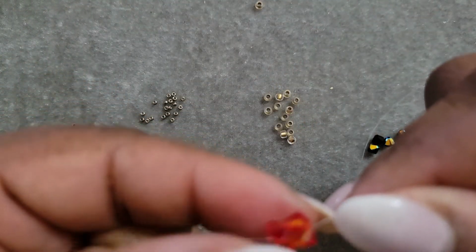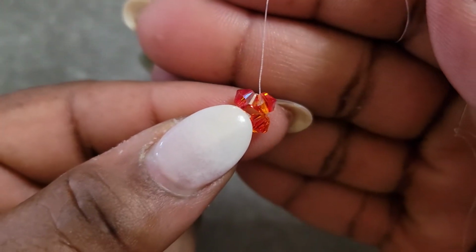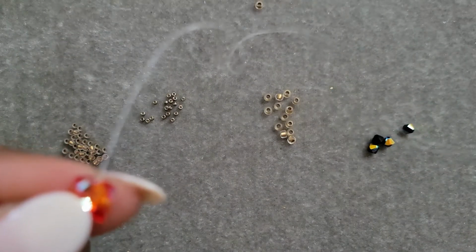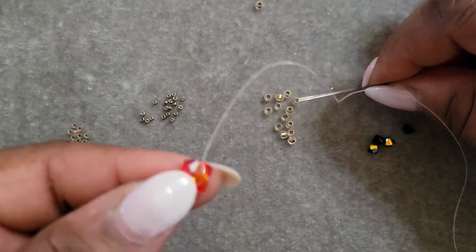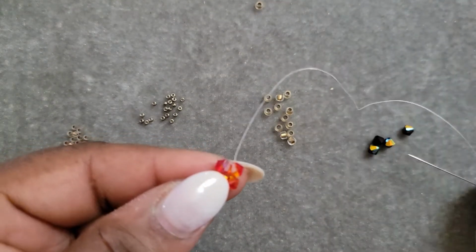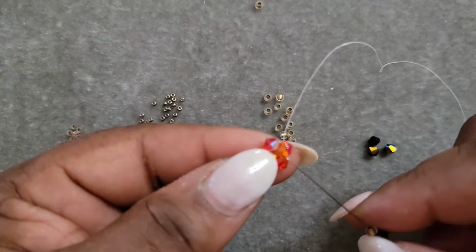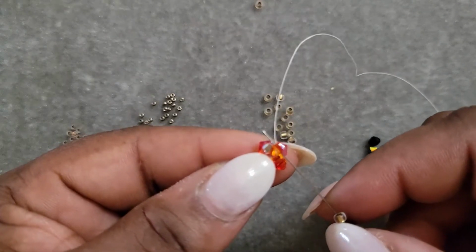All right. From here, now my thread is exiting this bicone here. I'm going to string on, after I untangle my thread. You know it wouldn't be a video unless I tangle my thread. Okay, so you're going to string on one 8/0 and a bicone and an 8/0, and you're going to pass your needle back into this bicone that you're exiting from the back,